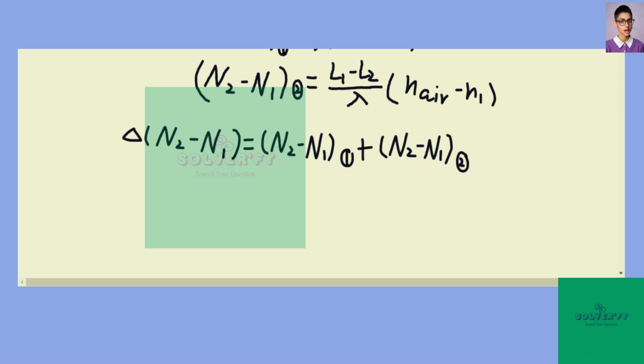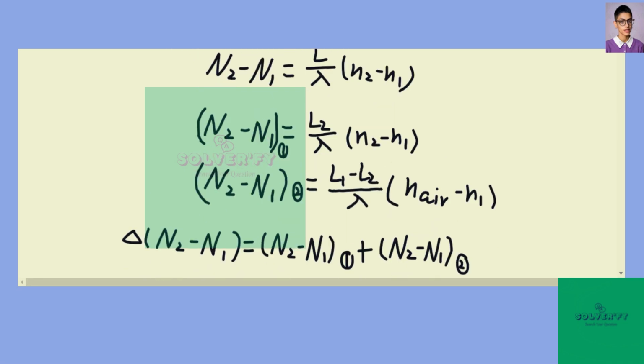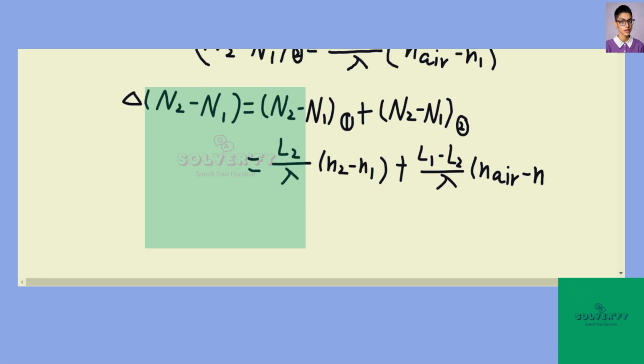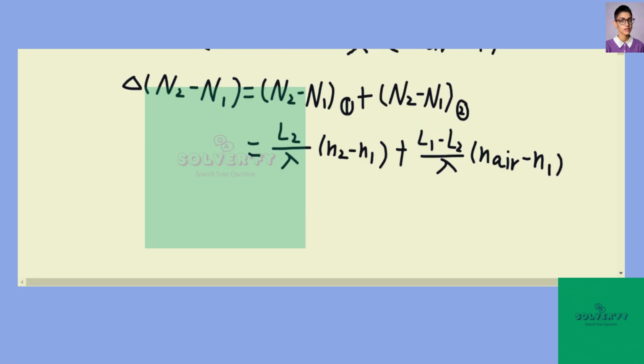And this will give us L2 over lambda times n2 minus n1 plus L1 minus L2 over lambda times n air minus n1, okay? So now we have the equations. Now we can plug in a value,